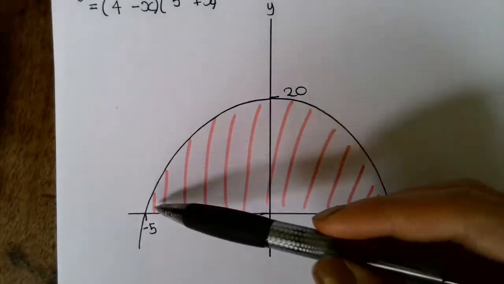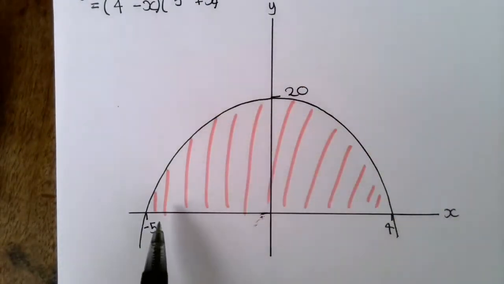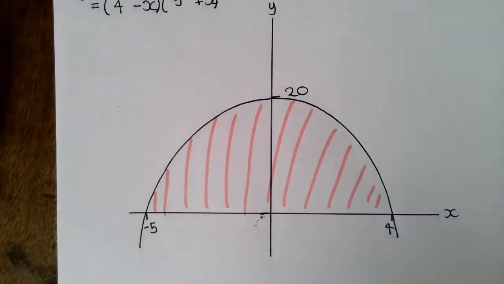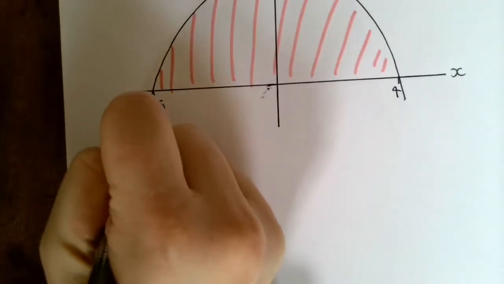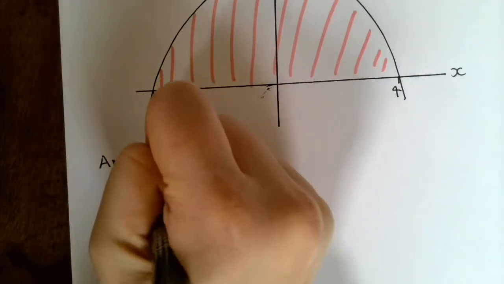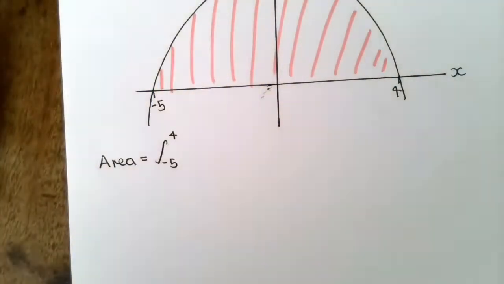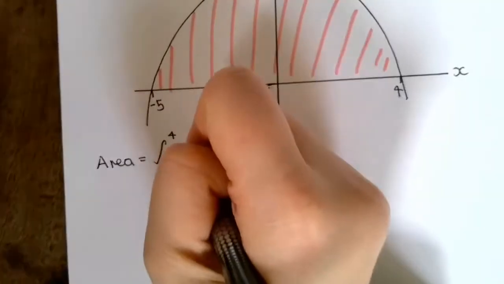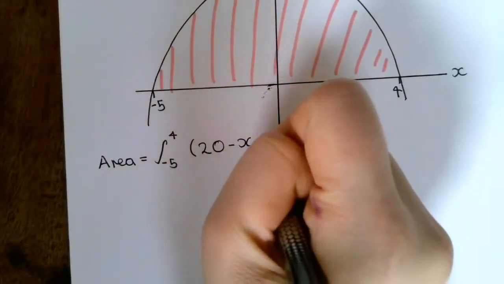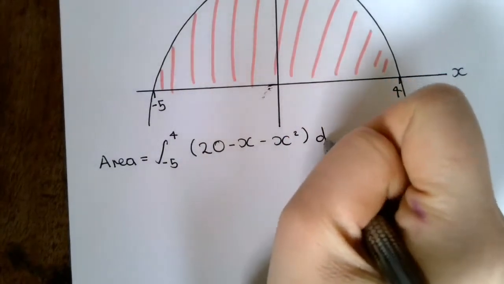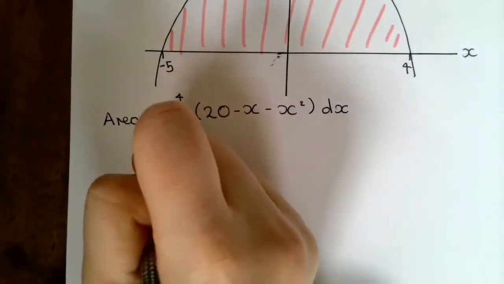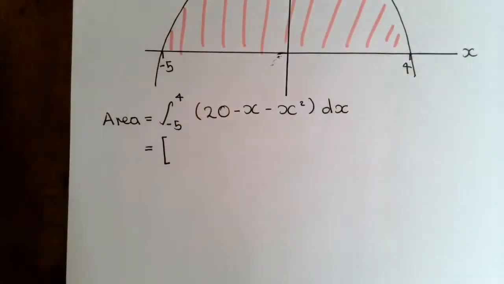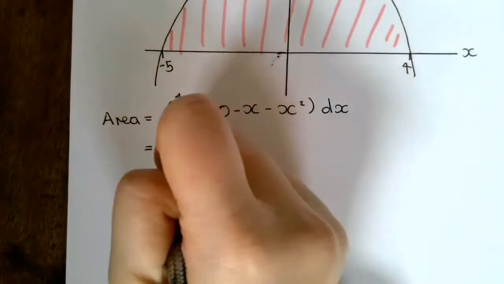So I'm going to be integrating the curve between the values -5 and 4. So I'm going to be calculating the area, which is the integral between -5 and 4 of 20 minus x squared. So I'm going to integrate each term first, put them in my square brackets. So I've got 20 integrated is 20x,